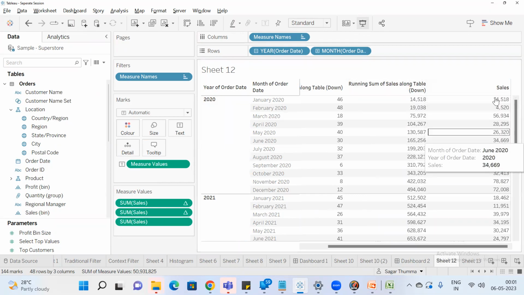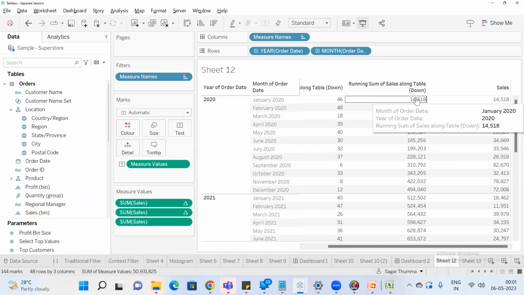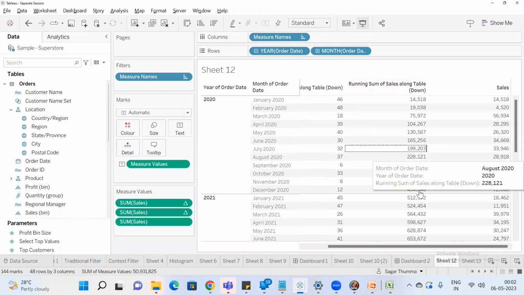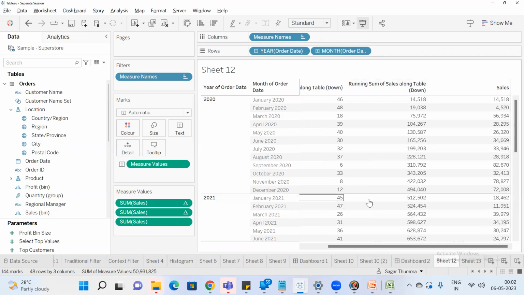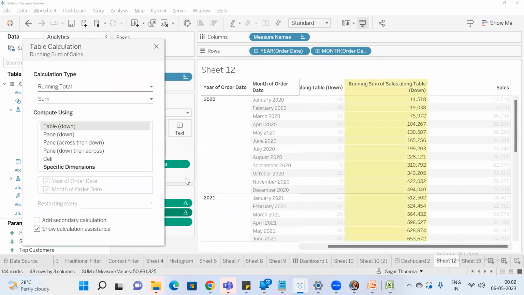So just compare these two. It is doing a running sum of sales for all the months. But for every year, I want to start it again. I want to start it from January 2021. I want to start it again. So how can I do that? Go to edit table calculation